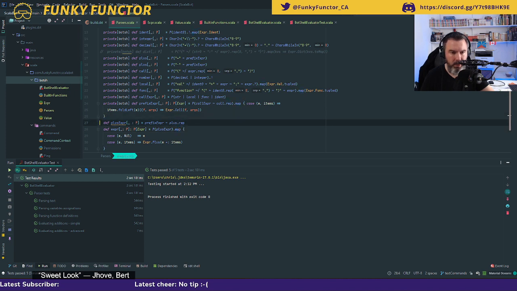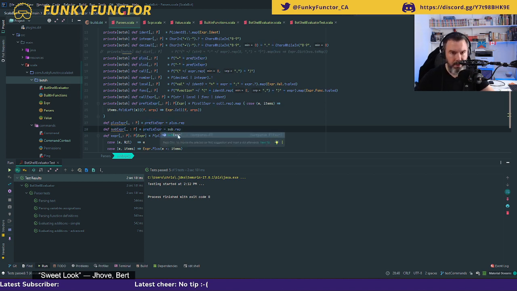I will be using the same thing for the subtraction. So subExpr, sub expression, and here that's going to be sub. Oh, I called this one plus, so this one should be called sub instead.